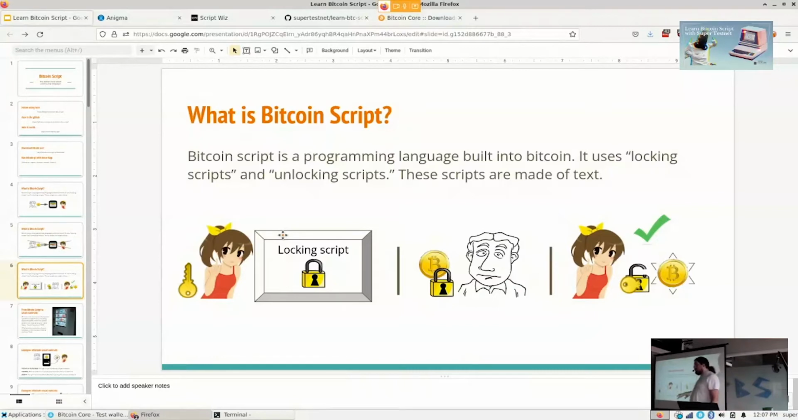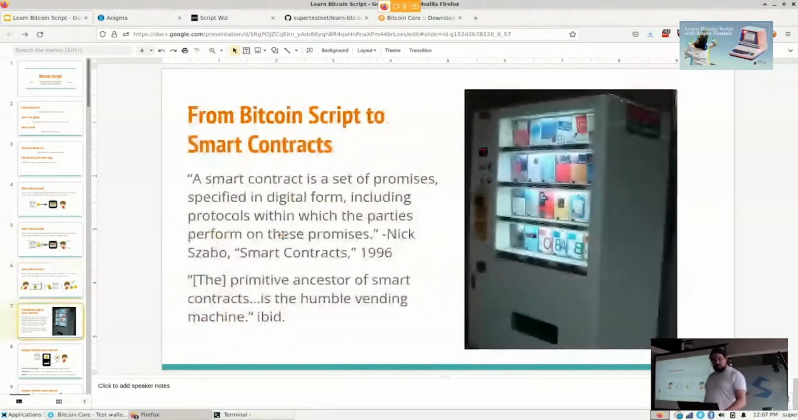Even here, I'm using an analogy with a little lock icon and a little key, but these things are just text. And that's what we're going to use: we're going to be manipulating text when we write smart contracts. So how do we go from Bitcoin Script to smart contracts? Well, it starts a long time ago. Nick Szabo, who may be Satoshi Nakamoto, in 1996, he published a paper called Smart Contracts, and how you could